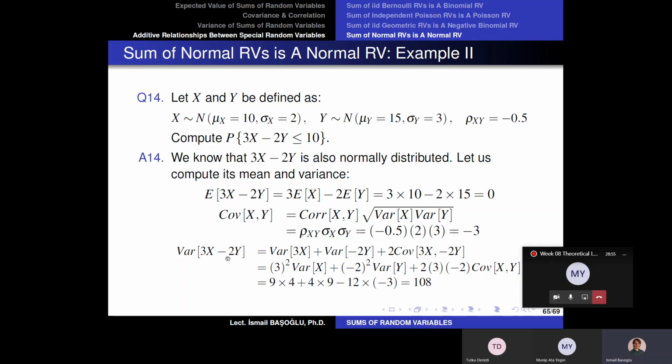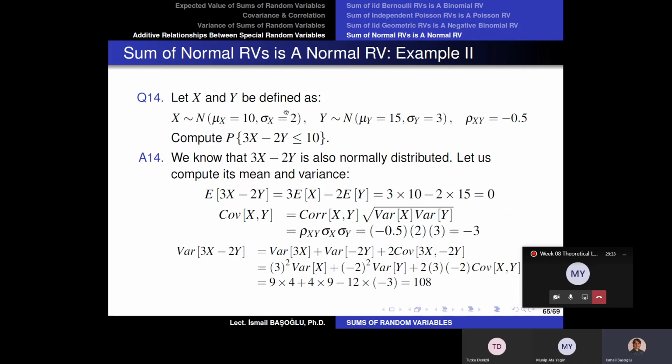Now, the variance of 3x minus 2y is equal to the variance of 3x plus the variance of minus 2y plus 2 times the covariance between the first term and the second term, 3x and minus 2y. If you remember from yesterday's course, 3 can get out of the variance by squaring it, and minus 2 can get out of the variance by squaring it, but the 3 and minus 2 given as coefficients inside the covariance can get out of the covariance without any change,